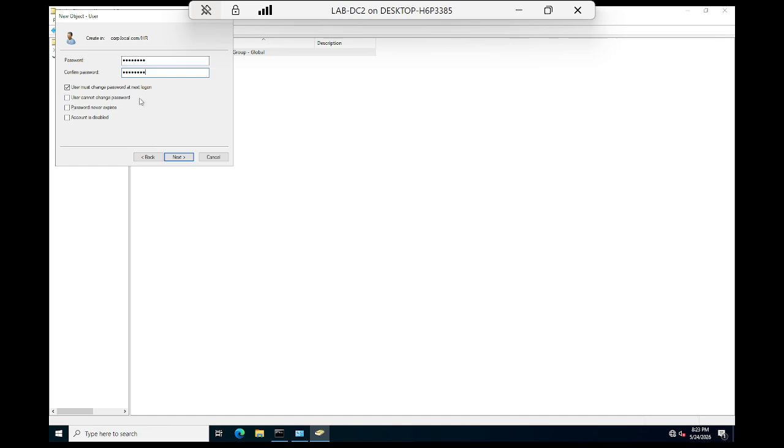You can see user cannot change password, password never expires, account is disabled. Here I am selecting, this is for lab purpose, so I am selecting password never expires. If you select user must change password at next logon,